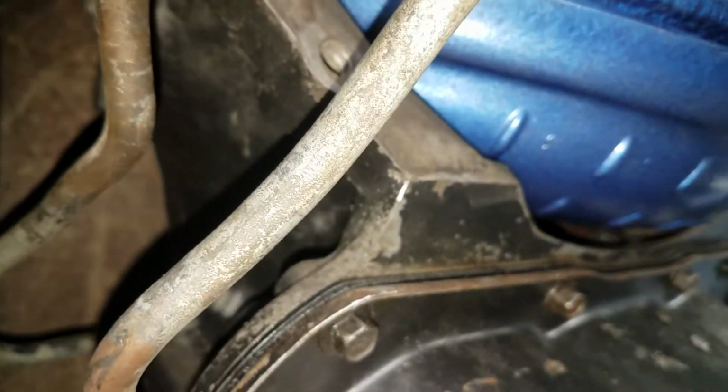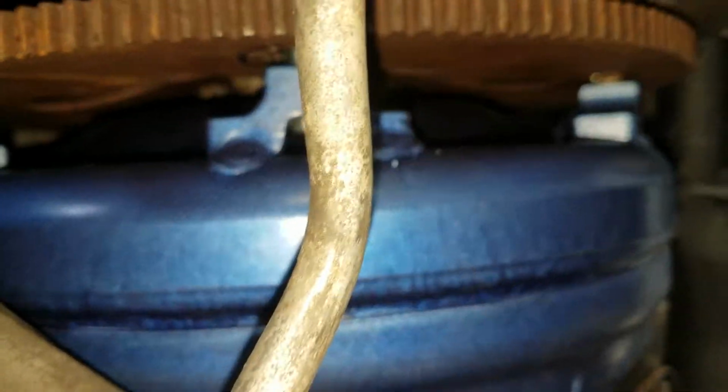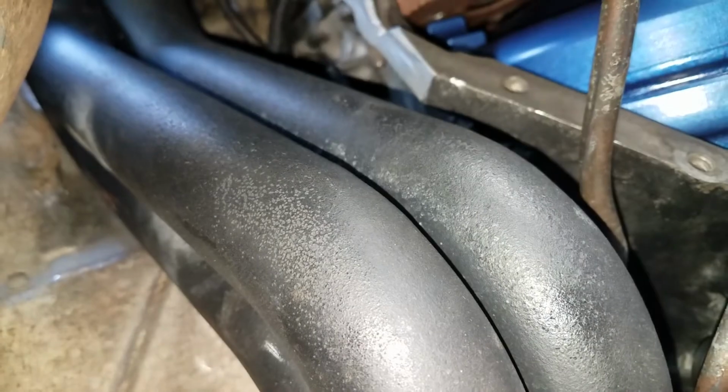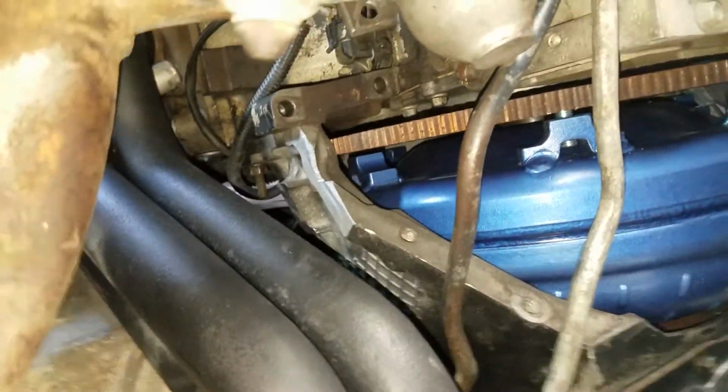The transmission is maybe an inch longer, which is nothing. You can play with it with the drive line, unbolt everything, you can play with it. I ended up installing some headers, the 1301 OBS LS swap headers, Schoenfeld 1301, and it gave me room to work with it. I was surprised. I didn't have to cut my exhaust, which I don't have flanges for, which was a good thing because I would have had to pay somebody to